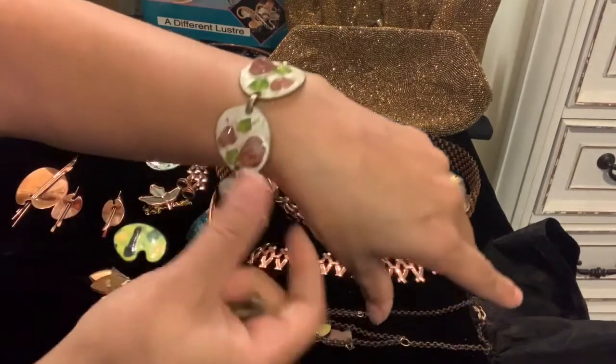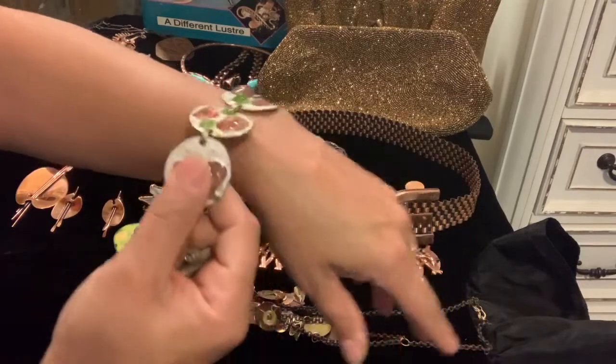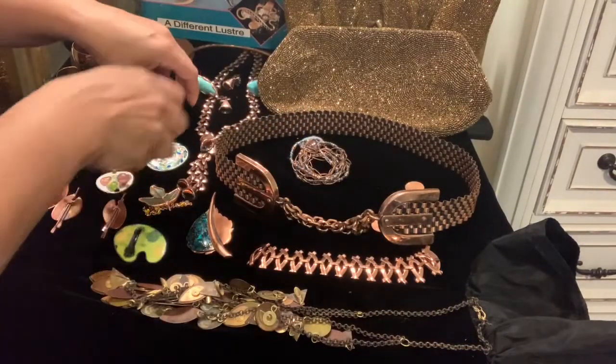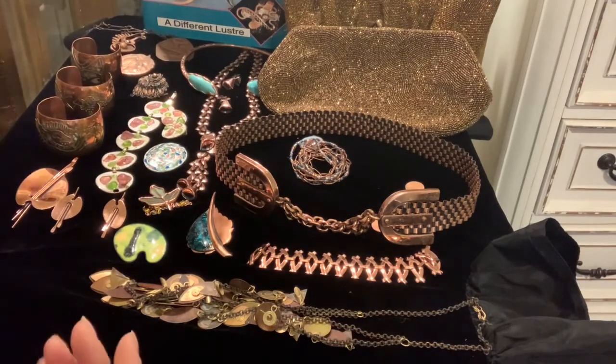Really gorgeous, gorgeous piece. I love this piece. I think I wore it maybe once. I probably should wear it more often. You can't really talk about copper without talking about some of the more